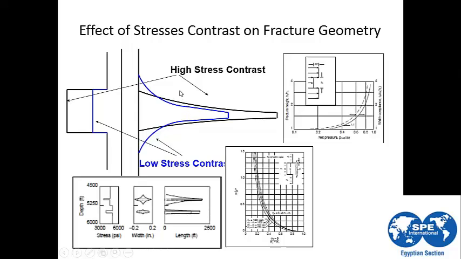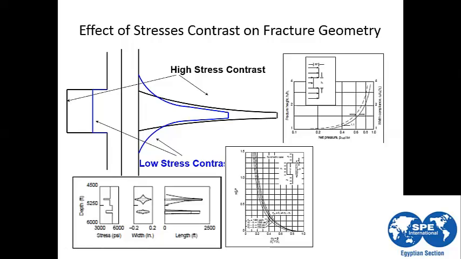High stress formation will have less height. Here you can compare the height. So the black fracture in the high stress formation has less height and more fracture length. The low stress formation is characterized by higher height than the high stress formation and less half length. This assumes the same fracture fluid pumped for both types of rock.